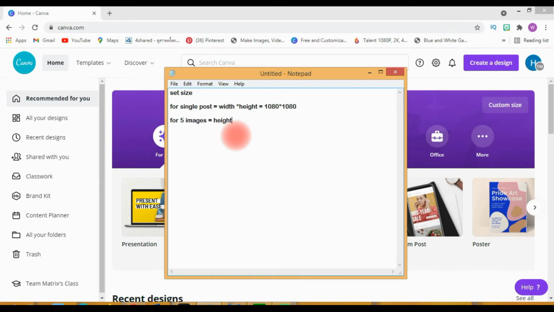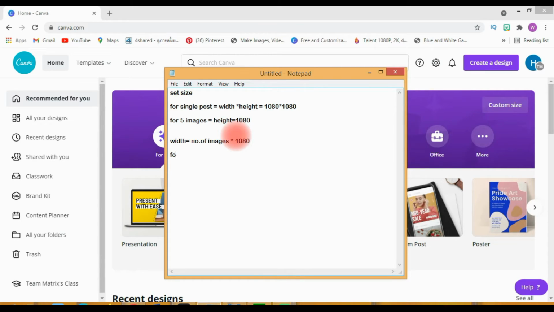The height will be the same, 1080, but the width will change. The width will be the number of images into 1080.